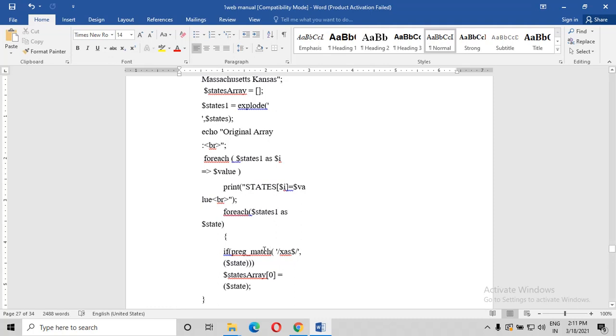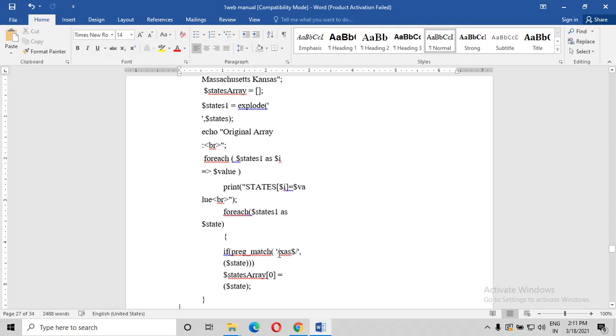What is the first question? The first sub question they have asked is the states that end in xas, and you have to store that in element 0 of the named list, that is named with the states list. So xas, ends with, this is the way you are going to calculate it.